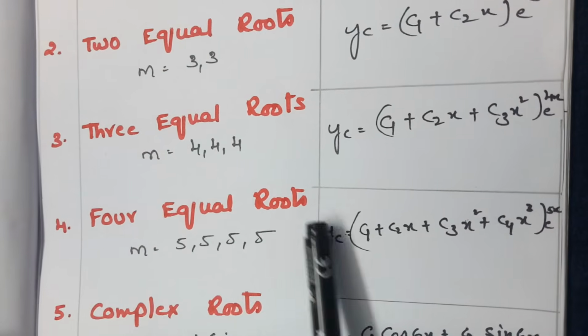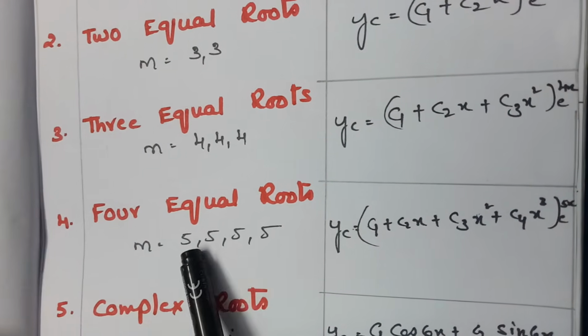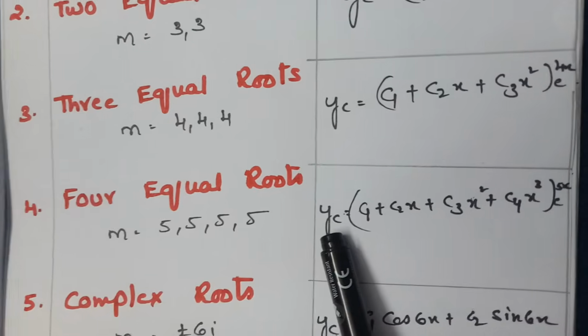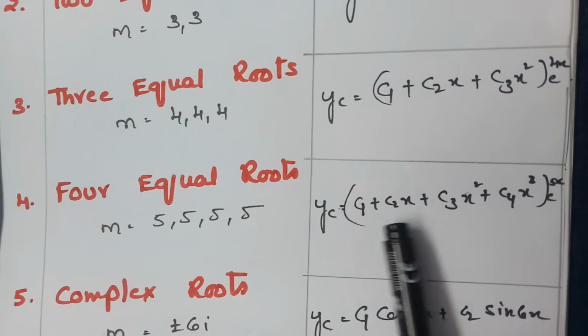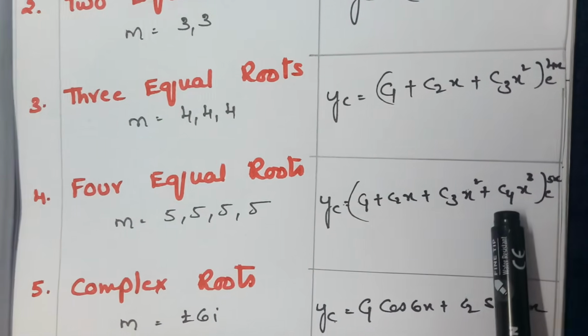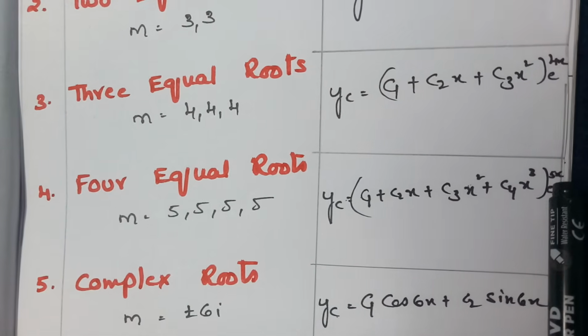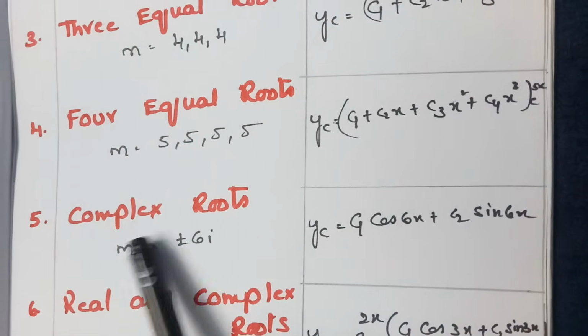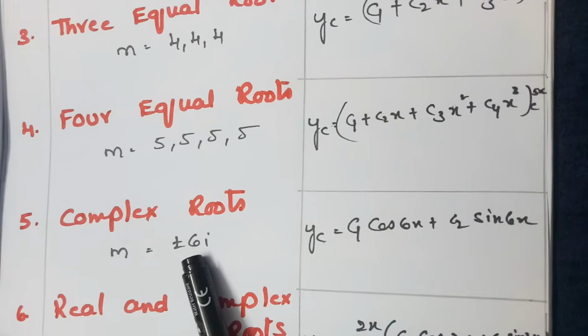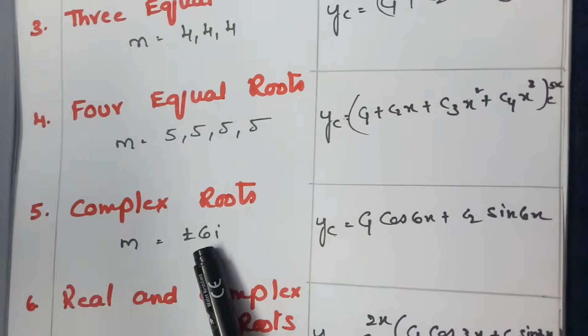If I get 4 equal roots, the example I have taken is 5, 5, 5, 5. Then the complementary factor can be written as c1 plus c2x plus c3x square plus c4x cube into e power 5x. If I get complex roots, that is m is equal to plus or minus 6i, 4i, 3i, whatever it might be depending upon the problem,